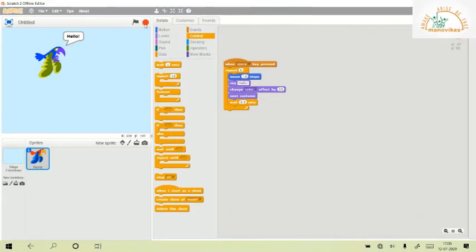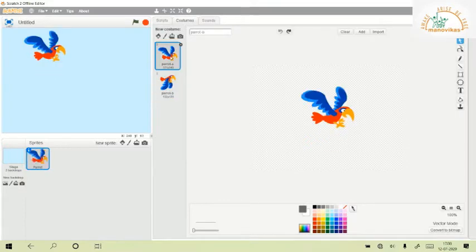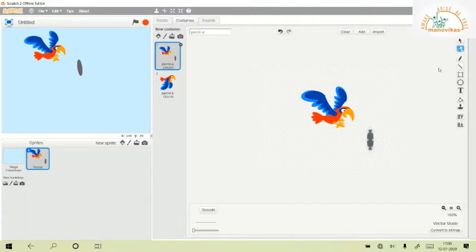Okay, so now I want to do some more changes to my sprite. I will customize my sprite a little bit. I'm kind of bored looking at it, so I will add something. Let's draw a fish. Okay, let me try drawing it. I'm using some of the tools which are there in this paint.